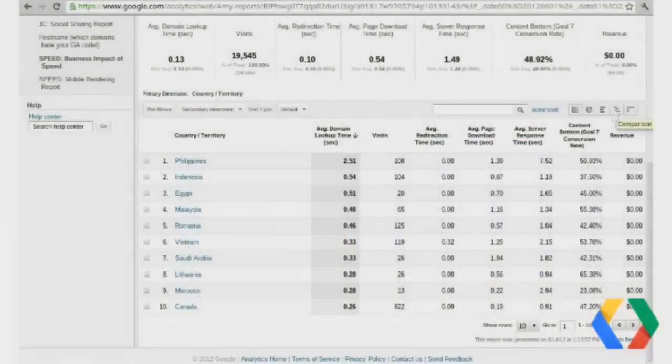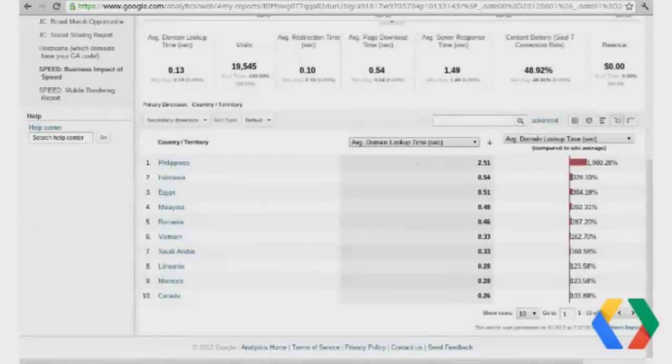Now, if you're like me, like I'm the analytics guy, I have to look at a lot of data. Sometimes I can get lazy, and I want new and different ways to look at these things. And so I want to show you a really great tip in Google Analytics. If you'll notice here, we have a series of buttons on the top right part of our table. And I can change the view of my data into something called the performance view. And this allows me to literally, visually in green and red, see what's good or bad. So I can say, all right, I want to look at the average domain lookup here. And I can see that time for these different countries.